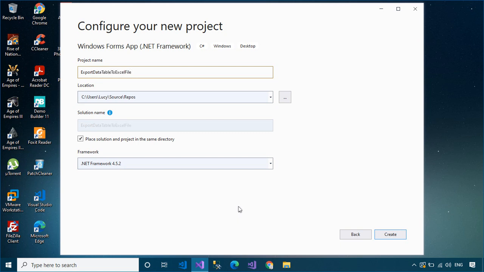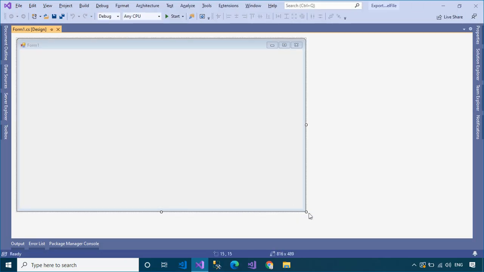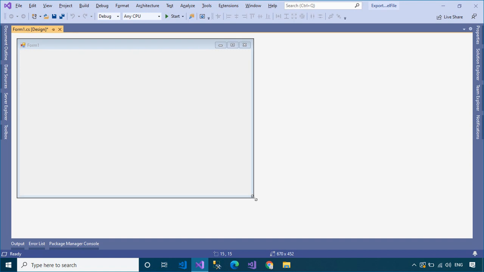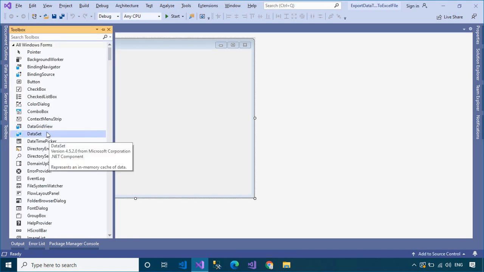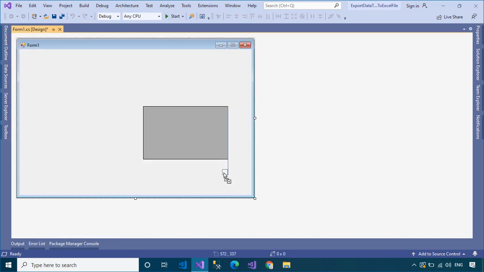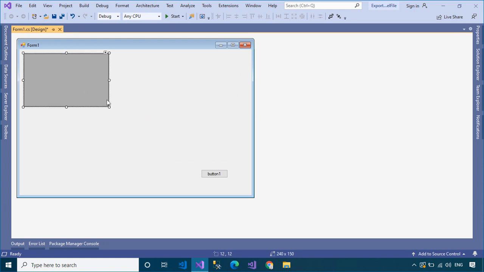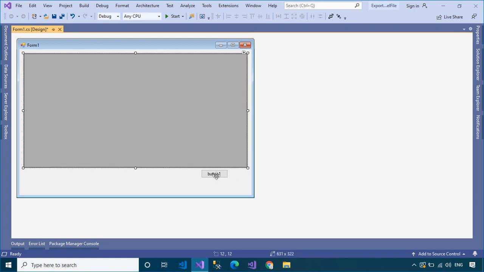After you finish creating the new Windows Form project, you need to open your form designer and then drag button and DataGridView controls from the Visual Studio toolbox into your form designer. In this tutorial, I will use the Northwind database to play my demo. If you don't have the Northwind database in SQL Server yet, you can watch the previous video on how to download and install the Northwind database into SQL Server.